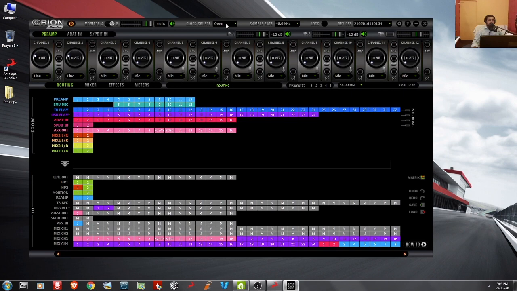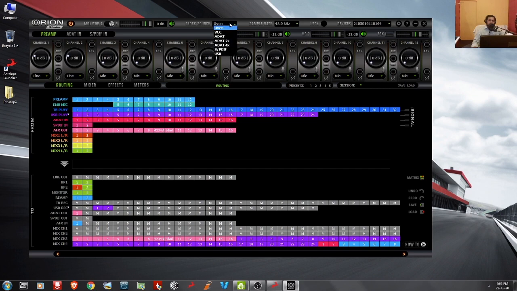Next, we have an option to select the clock source. So by default, Antelope device will work with its internal clock, that is oven controlled crystal oscillator. So this is the internal clock. If you connect your device using USB, and if your DAW is streaming signals through your device, it will show USB. The oven clock is used always if you are in USB or if you are in oven.